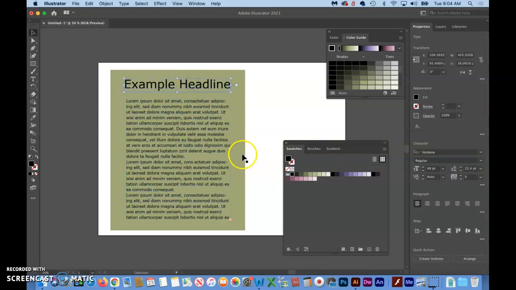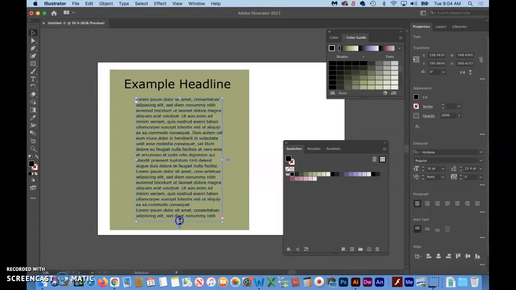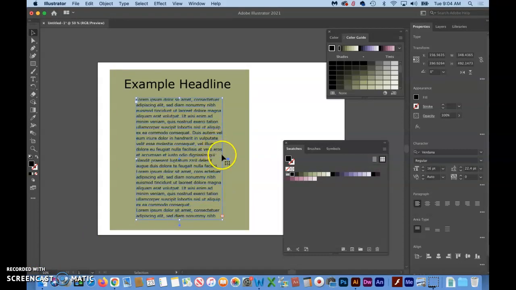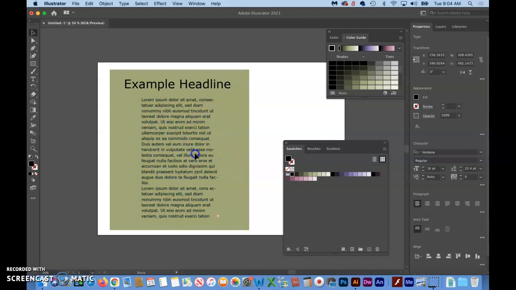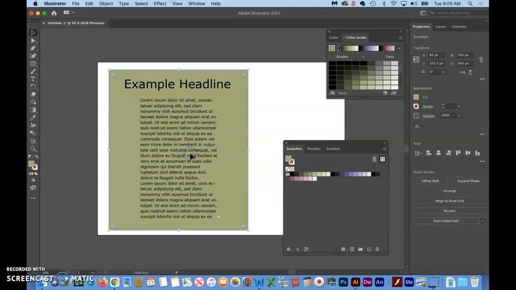Maybe make this box a little bit bigger if we need to, whatever it takes to make that look good. If the text column has become too long or too short, we can change that by going over to the sides. Okay, and then the next thing we want to do is make each one of these a different color, but